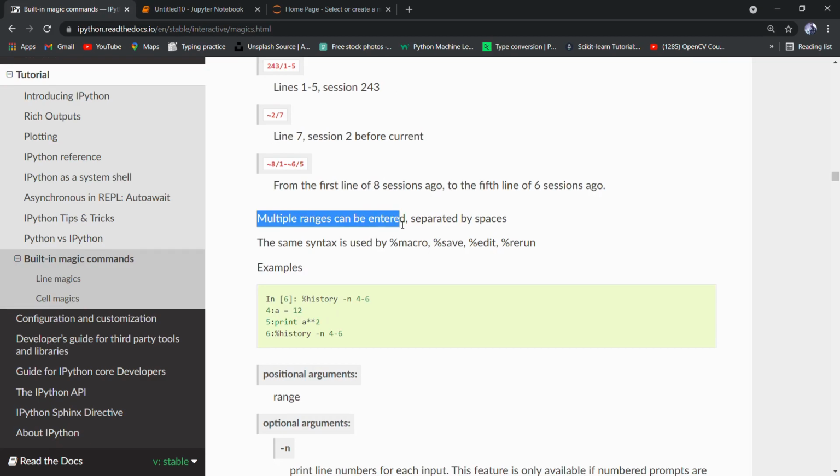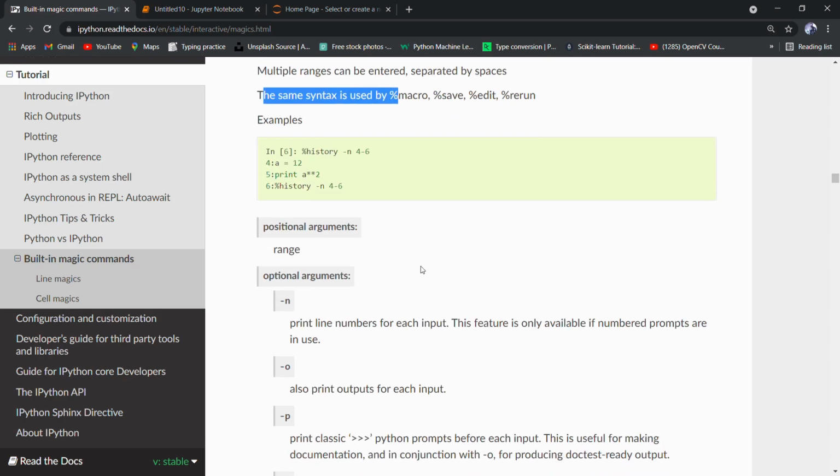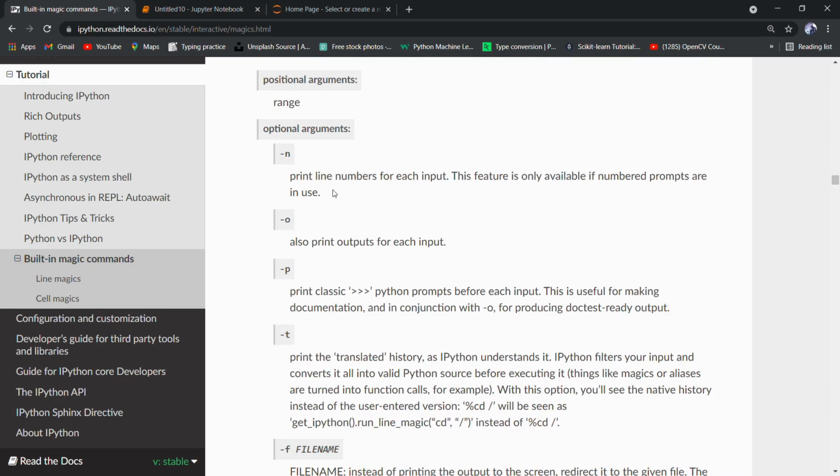Multiple ranges can be entered separated by spaces. Thus, the same syntax is used by macros save, edit and rerun. And let's see the parameters. We have used the -n, which prints the line numbers, and then comes the -o, which also prints outputs for each input.